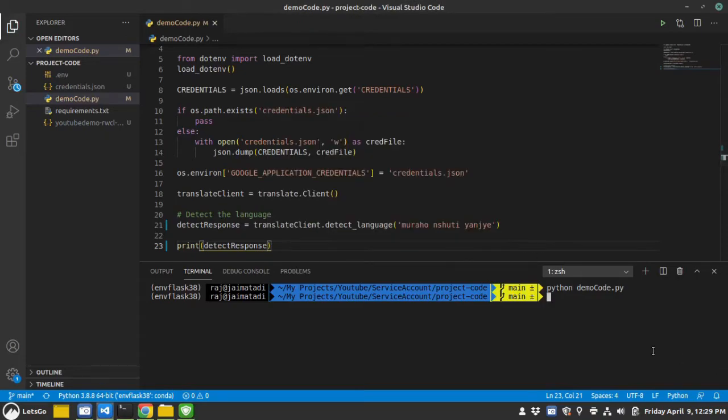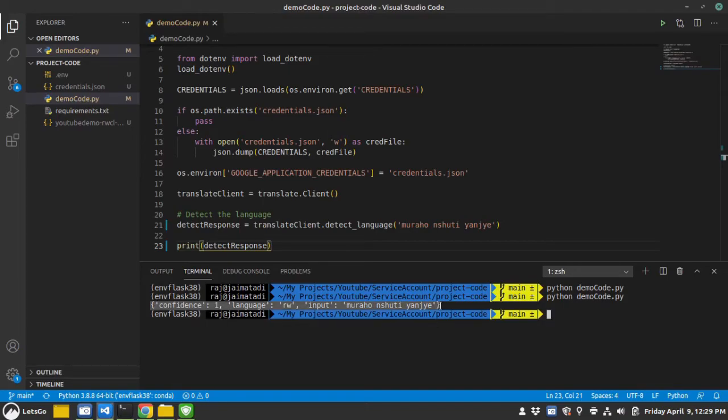Let me save this and quickly run the file. So it has detected the language of the query we gave, and the confidence of the detection is 1, so that's a great thing. The language is RW, that is Kinyarwanda, the language of Rwanda, so it's a good thing.